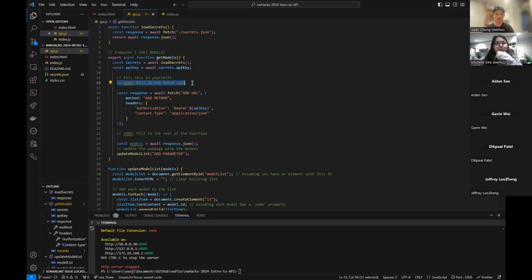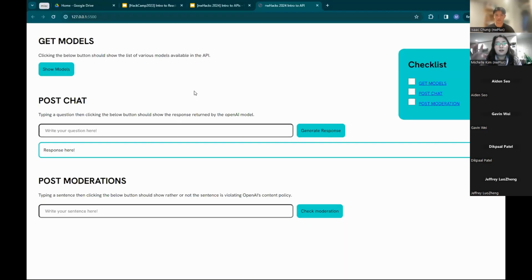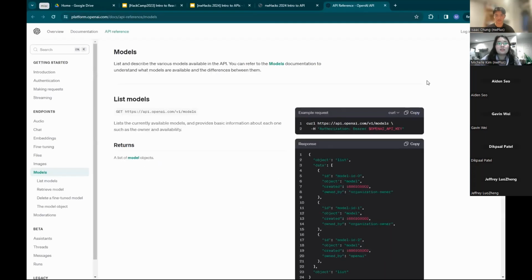So what to do here is fill in the fetch call. Add URL is clearly not the real URL, so we need to add the correct URL so the fetch call knows which endpoint to get to. Which URL are we going to get to? To get the URL that we want to fetch, go back to the front end. We have already linked all the endpoint documentation here. We want to do get model, so let's click get model here. Yeah, it takes us to the